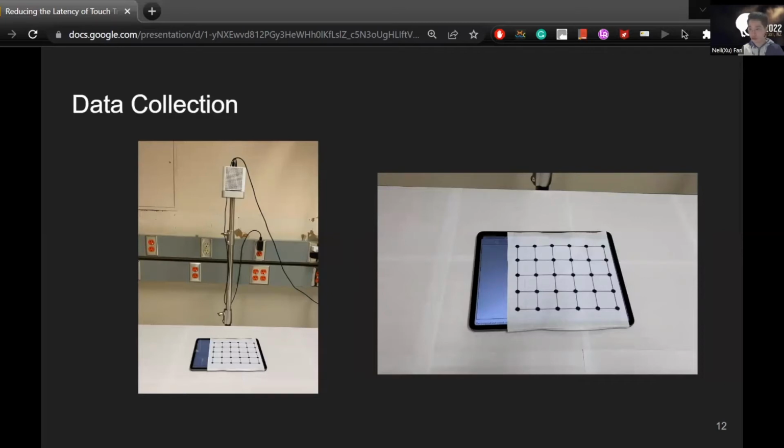Since there is no existing public dataset available, the first step is to collect the data. The setup is using a depth camera to record participants typing on an iPad, which is covered by a piece of paper to simulate an ordinary surface. On the iPad, we run a full-screen application which records the touch interactions with a timestamp and turns the screen to black on each touch